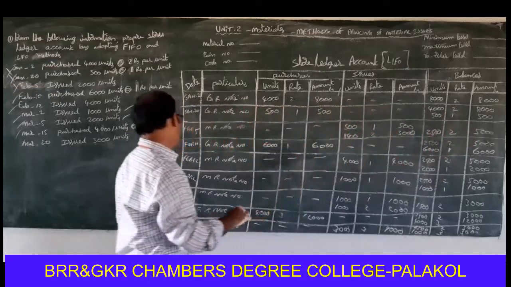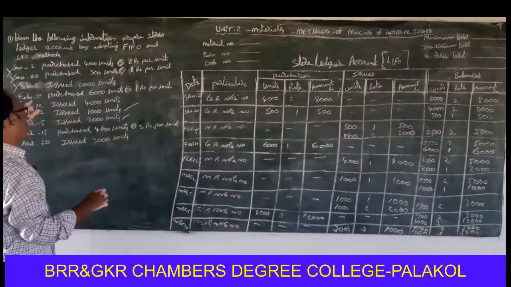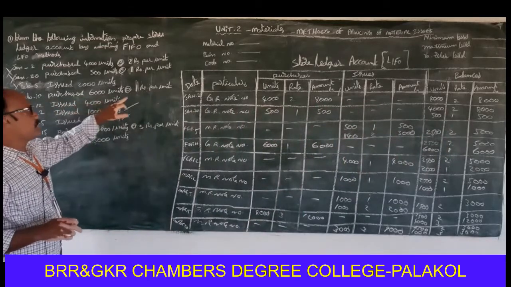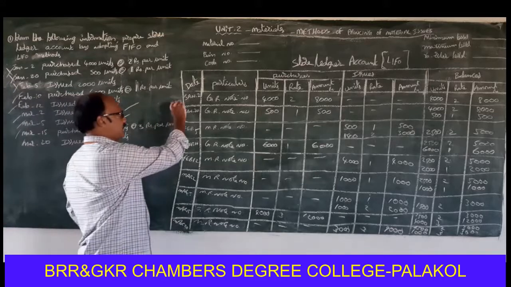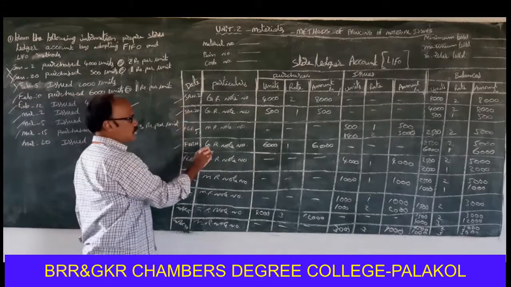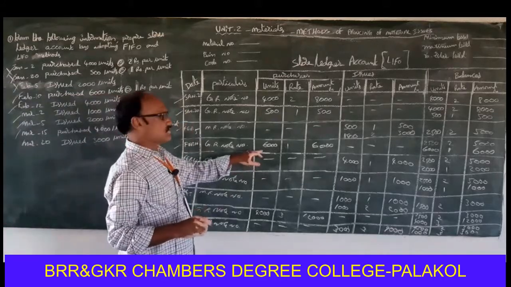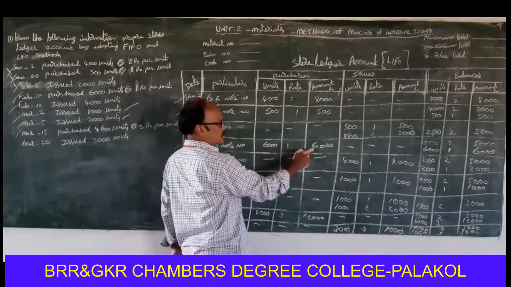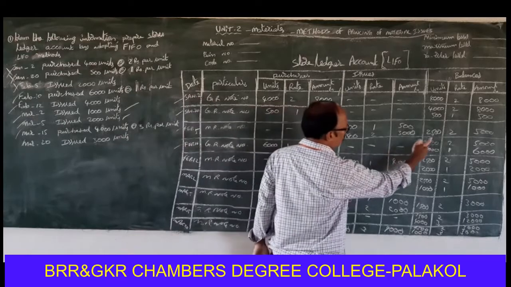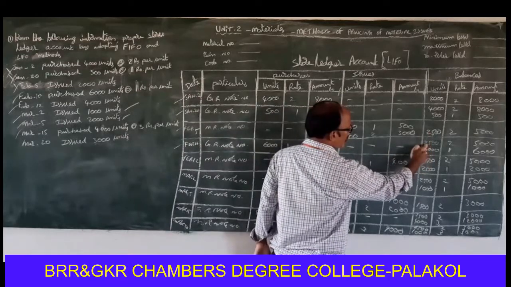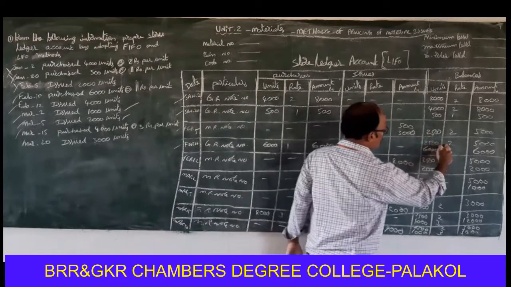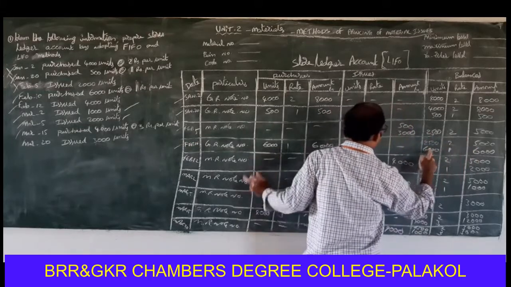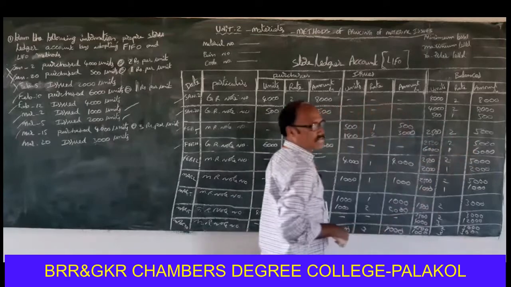Over. Next one, February 10th: purchases of 6,000 units at the rate of 1 rupee per unit. Goods received note number, 6,000 units purchased. 6,000 into 1, 6,000 rupees. So the old stock available is 2,500 units at the rate of 2 rupees per unit, 5,000. Again we purchased 6,000 units, 6,000 into 1, 6,000 rupees.